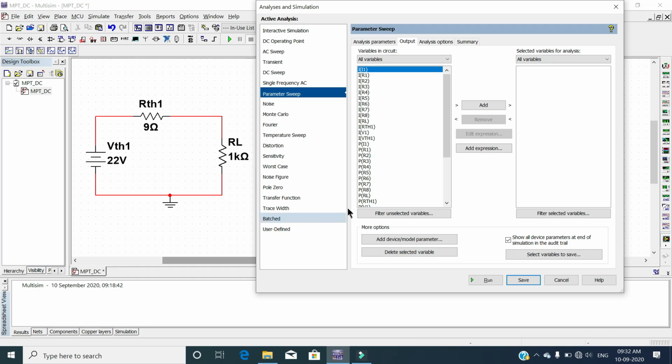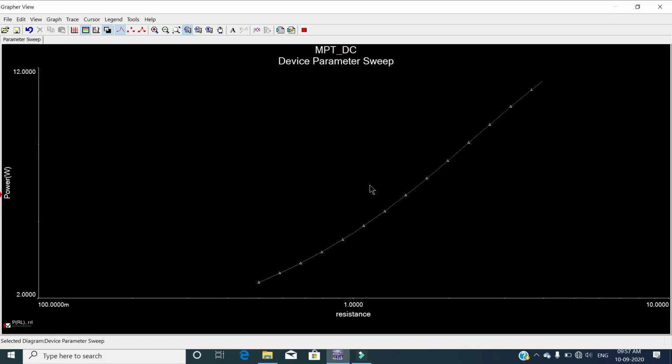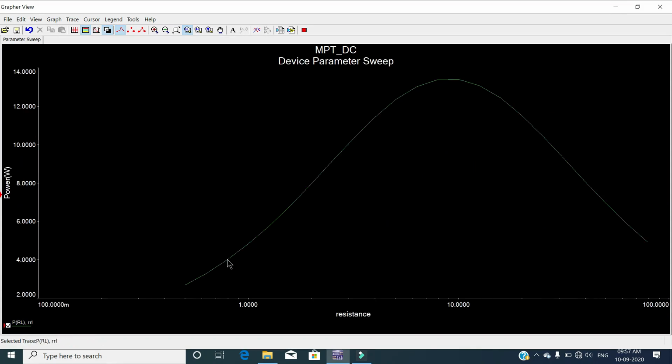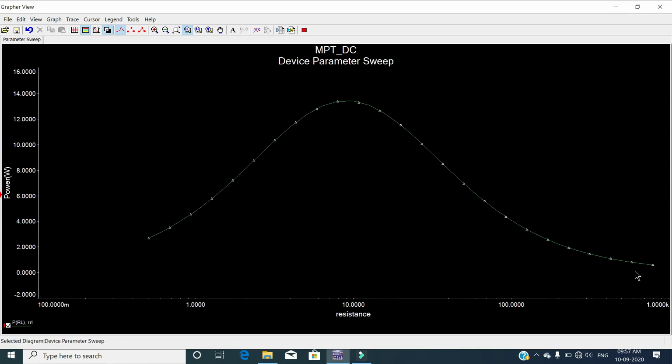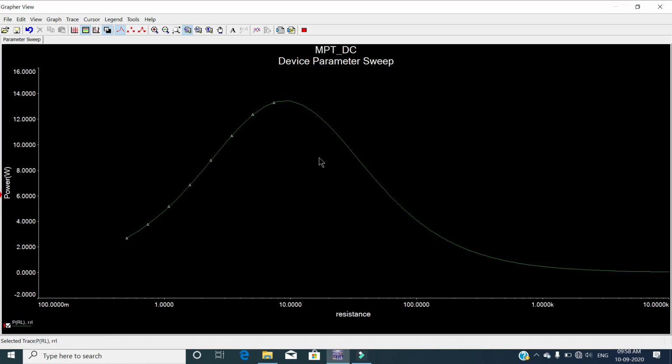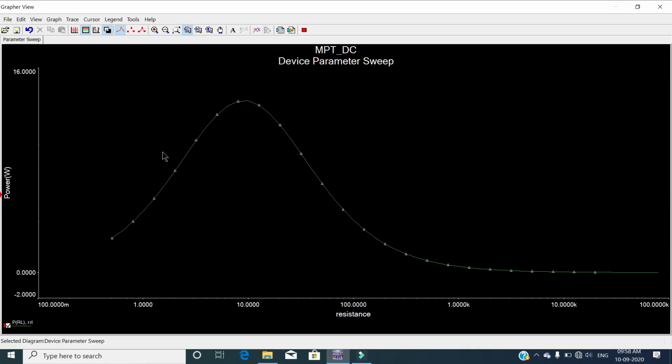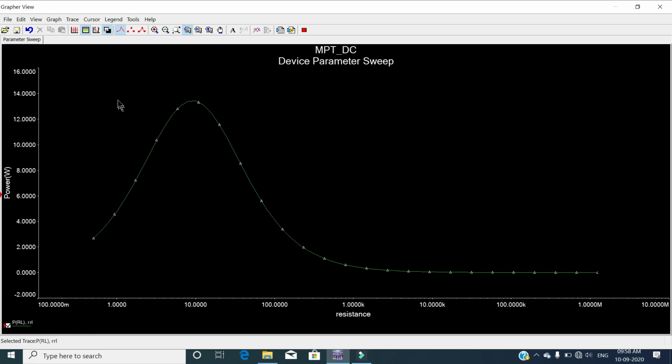So I will select PRL and click on Add. So I will run the simulation now. As you run the simulation, you can see this graph. So let me change its background to a lighter one. To change, I will click on this tab.